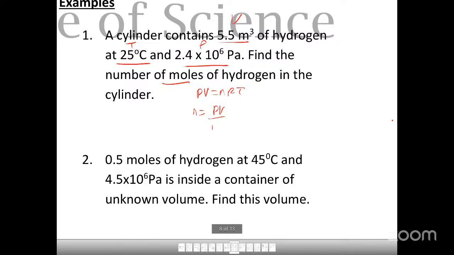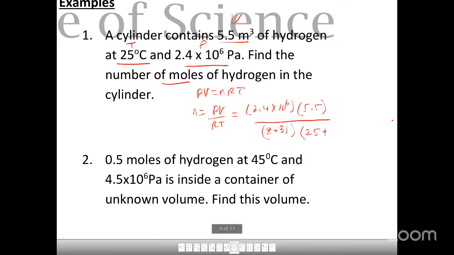So n is equal to PV over RT. Pressure is equal to 2.4 times 10 to the 6. Volume is equal to 5.5. Everything in the right SI unit, right? R is 8.31. And the temperature is 25 plus